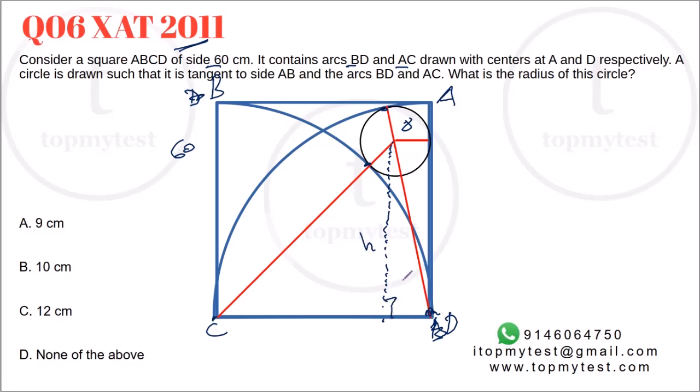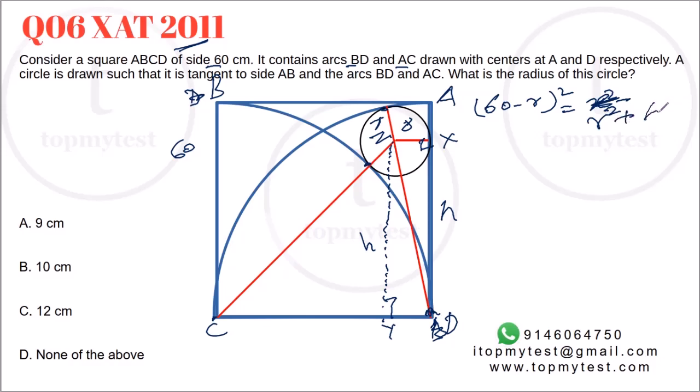It will be a right angle triangle. So let's call this X, this is Y, this is Z. If I take the right angle triangle ZXD, the value DX is equal to h, the value ZX is equal to r, and the value DZ, this full length is a straight line. This is the radius of a circle, so radius minus the small r. So you will get 60 minus r whole square should be equal to r square